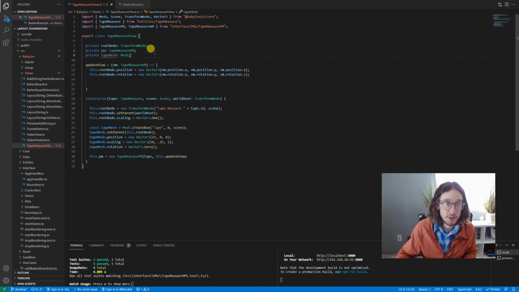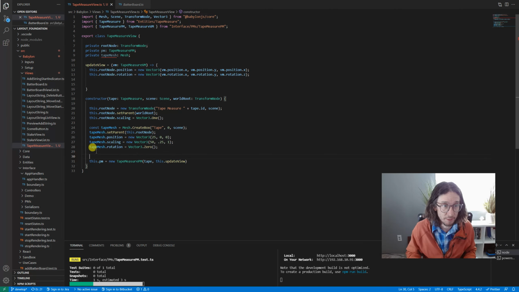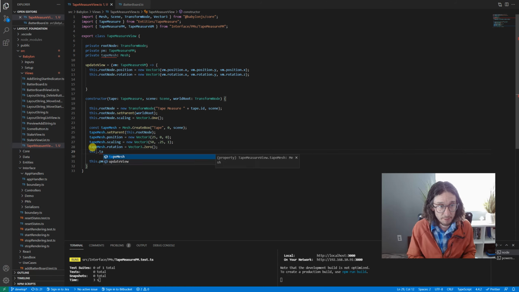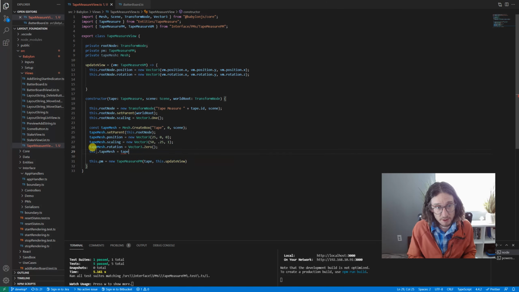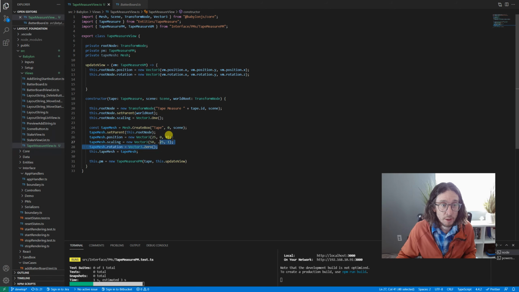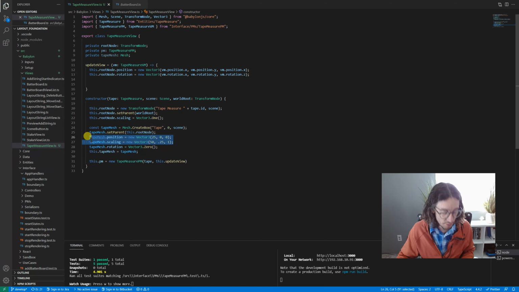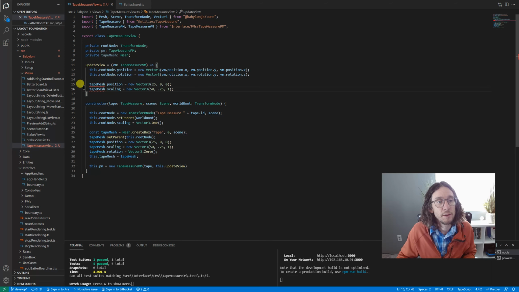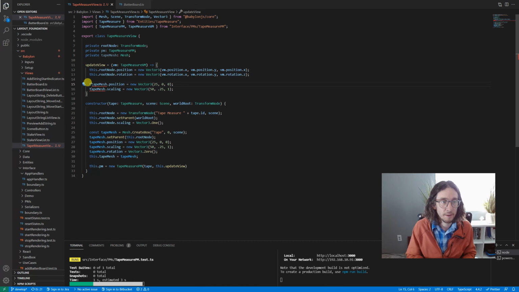That's going to be a mesh. And let's go ahead and do this dot tape mesh is going to be tape mesh, like that. Now we can do this kind of stuff we need to do here. So this dot tape mesh,